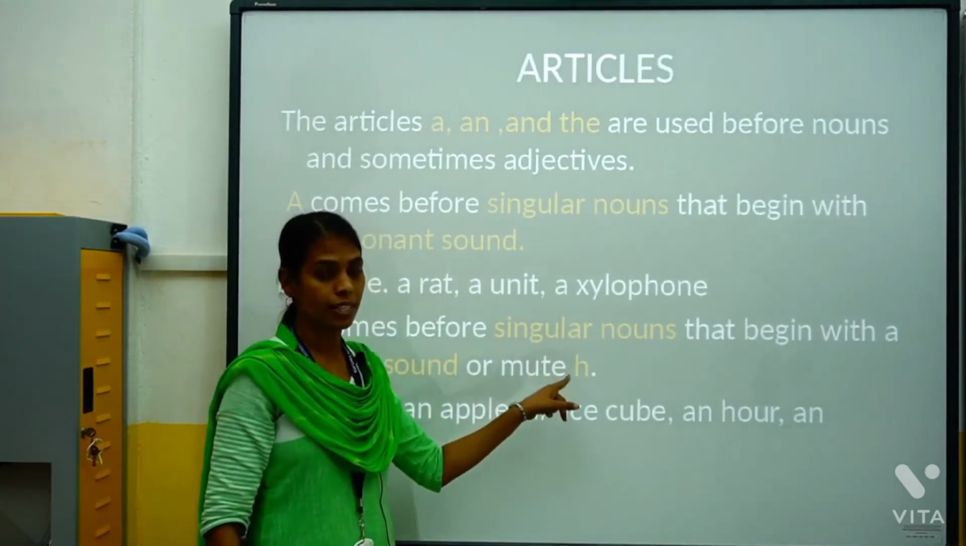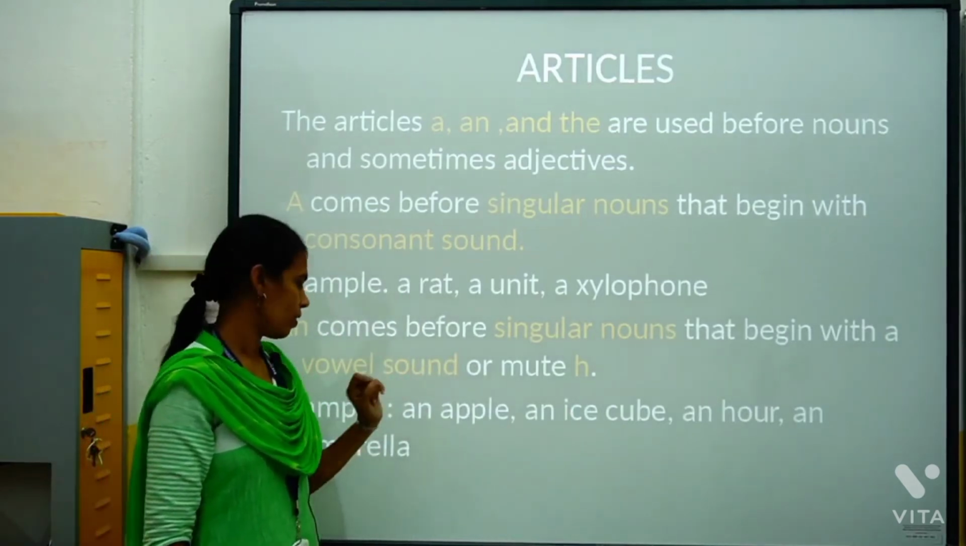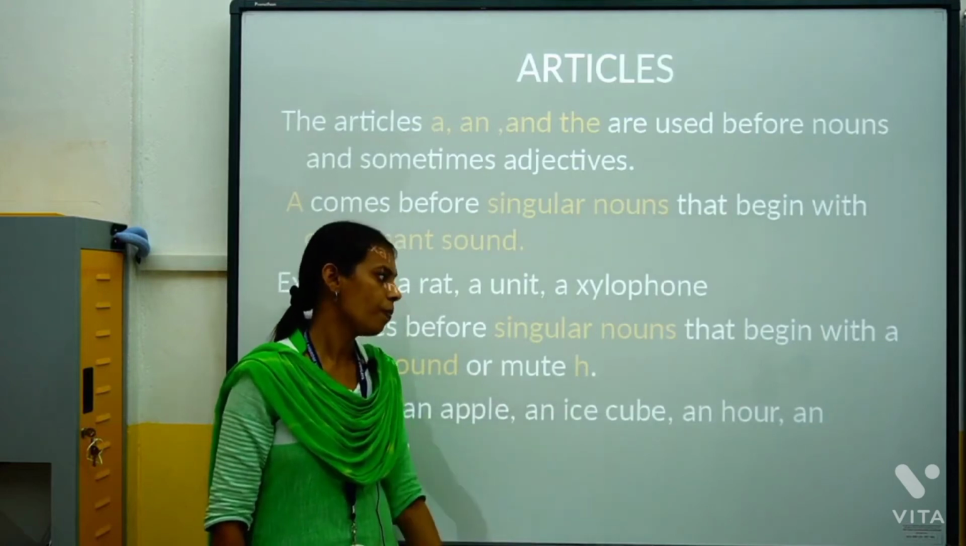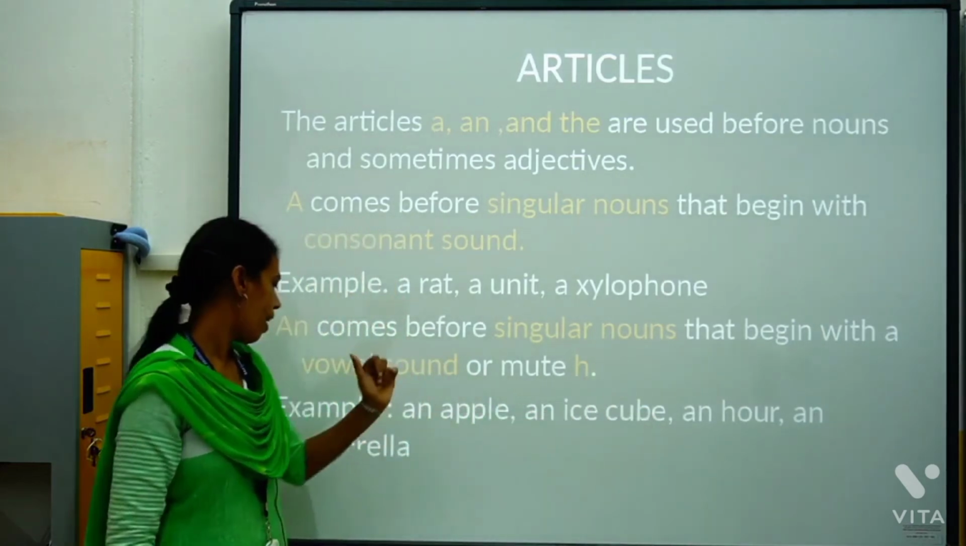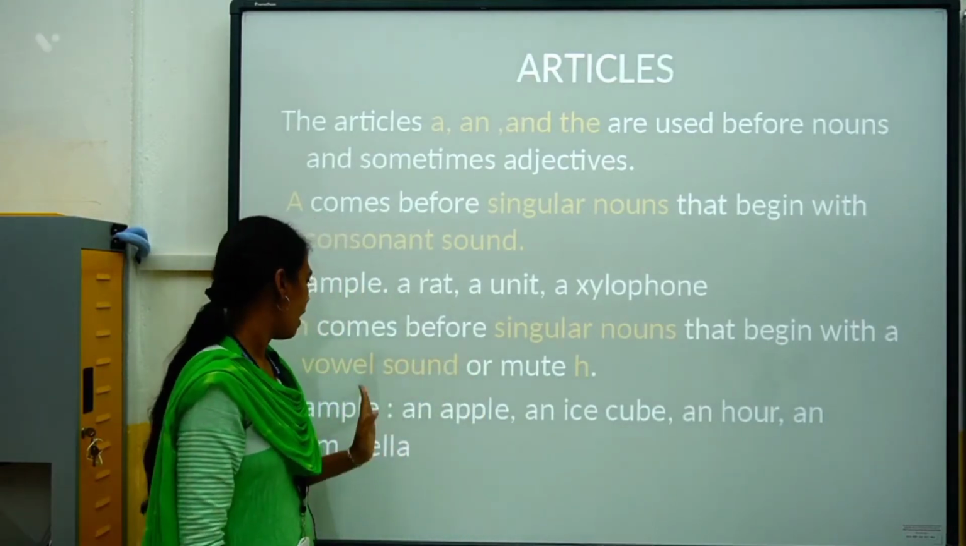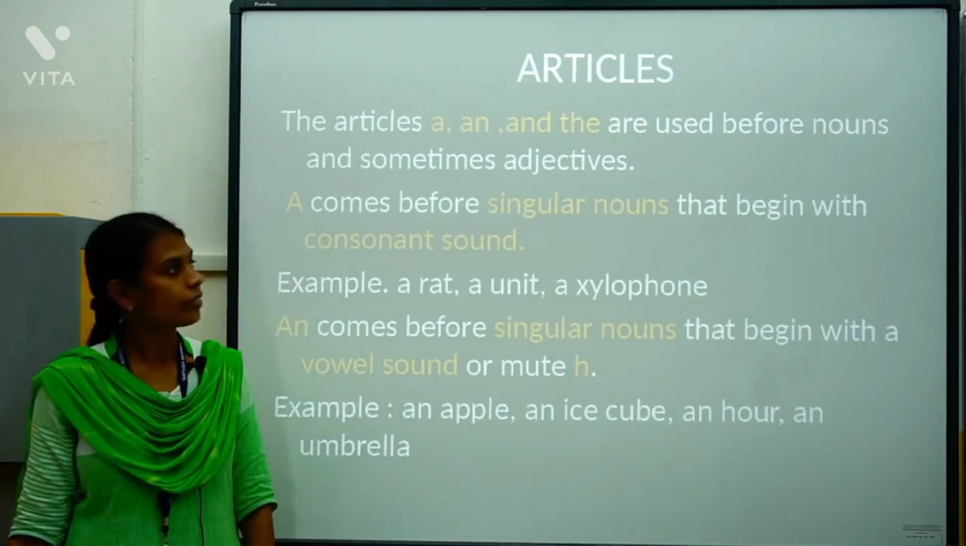So whenever this sound comes, we add here this "an", right? For example: an apple, an ice cube, an orange, an umbrella, okay? An umbrella. These are the examples for "an", okay? Then